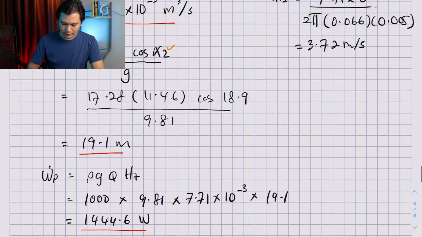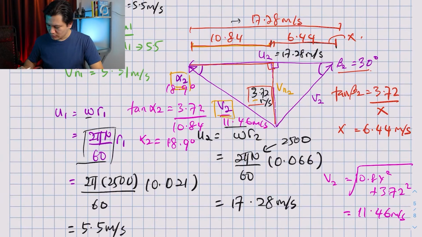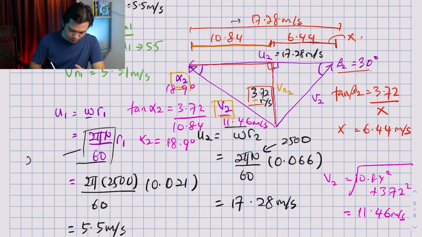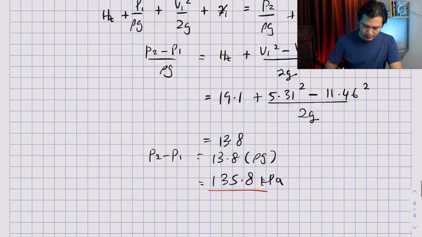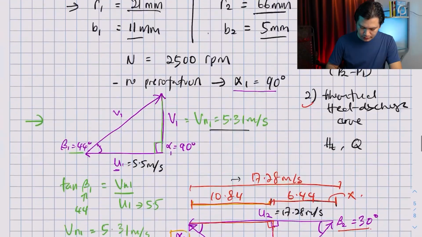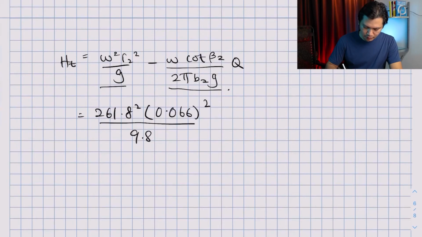So what is our omega? I believe we did not calculate the omega. So omega is 2 pi n divided by 60. So this is 2 pi times 2500 divided by 60. This is 261.8 radian per second. So 261.8 squared times R2 squared. R2 is 66 millimeter, 0.066 squared divided by 9.81 minus